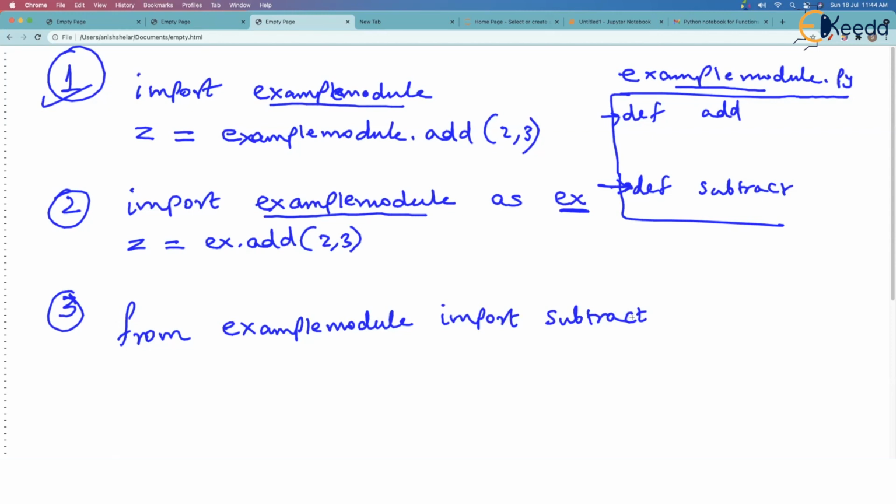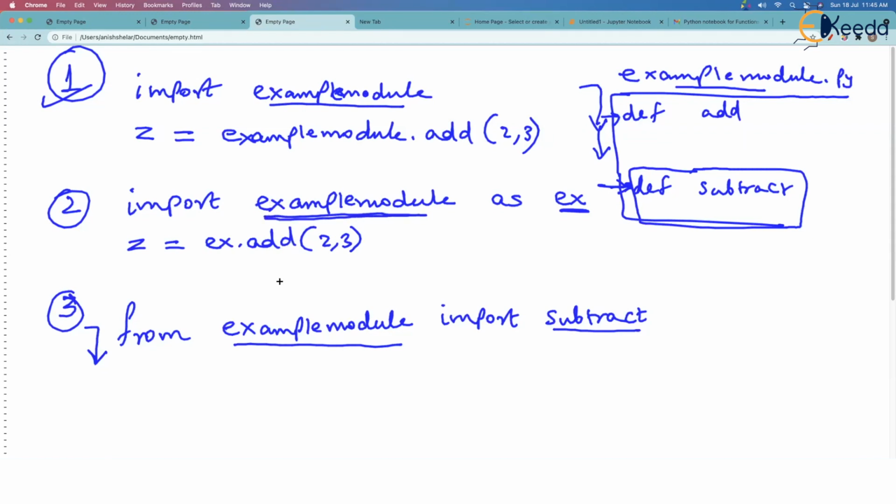Check what we are doing. Python will go to this module. This is a complete .py file, and it will only import the defined subtract function. So my program now has authority to use only the subtract function. But observe, when you import the entire module, you have authority to call add or subtract.